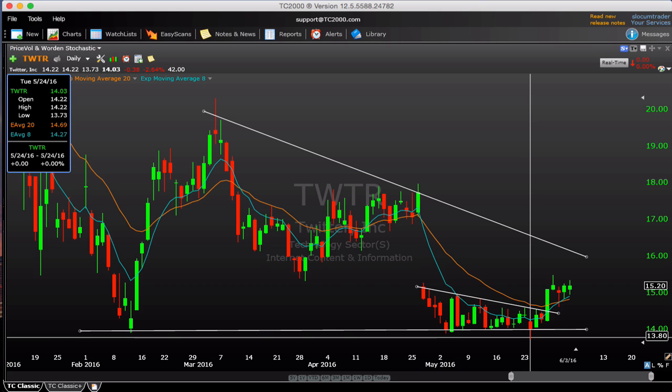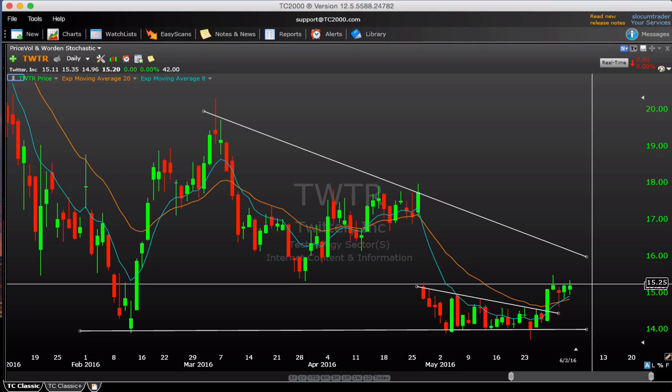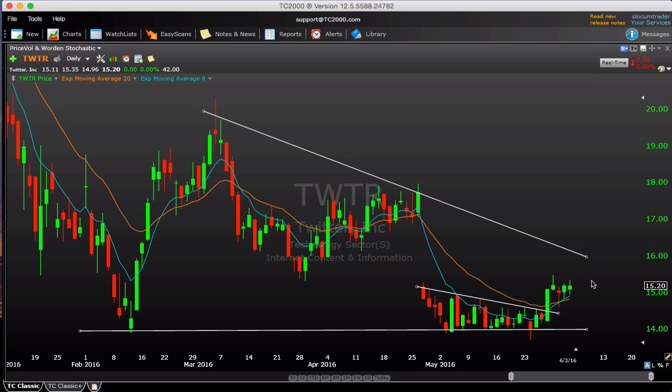Really, this reversal though, last Tuesday set up this entire move. We were lucky enough to catch a nice piece of that. We're out of Twitter now, but we did catch in on this reversal point, sold out in here as it approached $15. But it is still holding firm up here. You can see the 8 20 starting to cross up into bullish alignment. That's constructive if you can get above 15.30, 15.40 back into this gap and cover this gap. You might have a nice little trade in there next week, so keep an eye on Twitter as well.